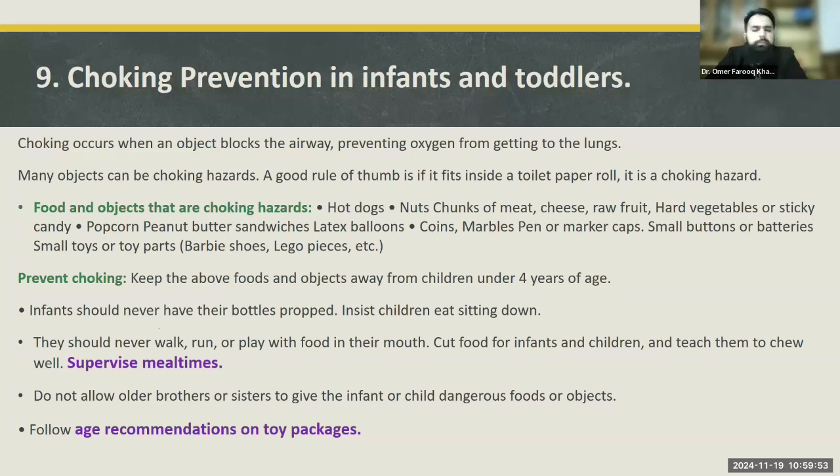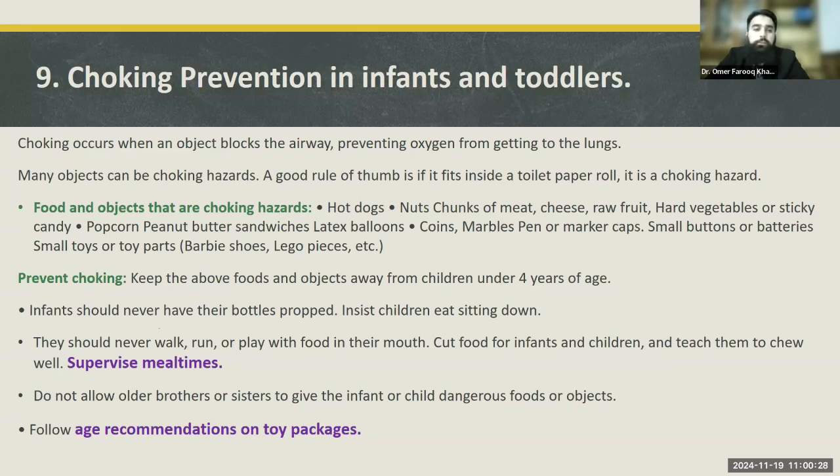We have seen choking babies many times in our clinical practice and in our homes. Babies keep choking every now and then, and miraculously some adult is able to dislodge the choking object with their little finger or middle finger or index finger, and the baby's choking gets relieved. But it is very, very dangerous if the choking object does not dislodge from the larynx and the airway, and it may kill the baby within 10 minutes.